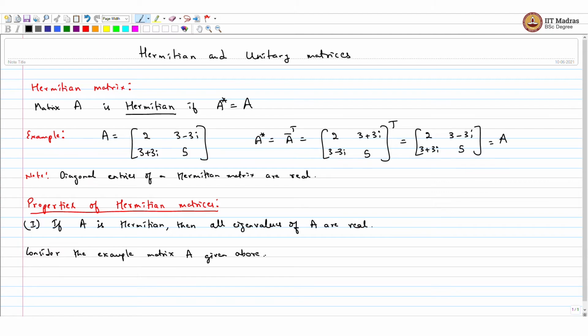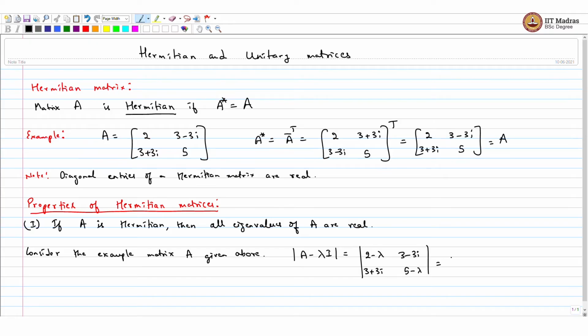For this matrix, I would suggest you pause the lecture video now and calculate the eigenvalues on your own. I'll just do this here. The determinant of the matrix with entries 2 minus lambda, 3 minus 3i, 3 plus 3i, 5 minus lambda